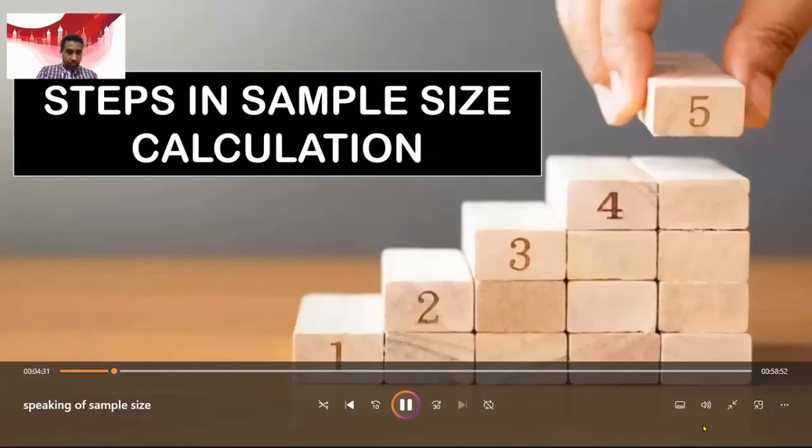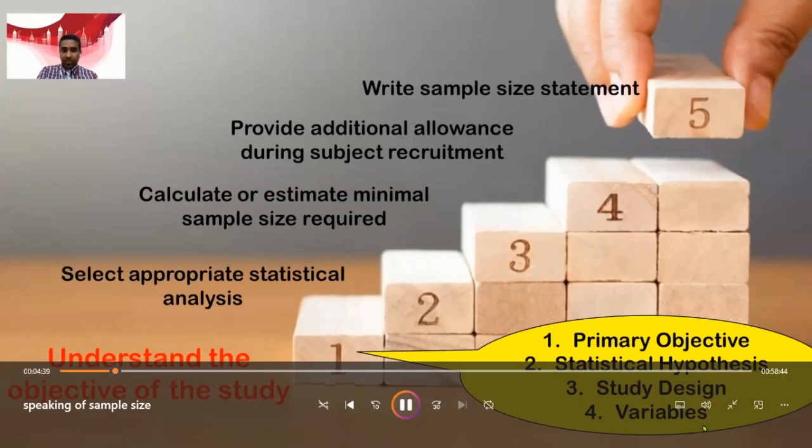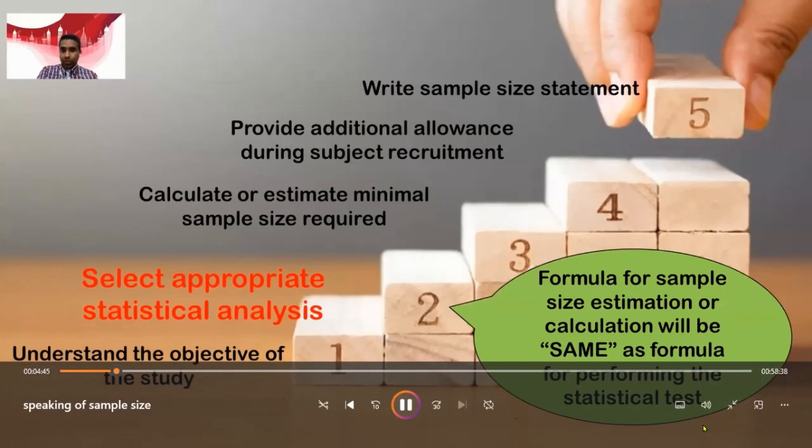There are many steps involved in sample size calculation. I am summarizing it as 5 steps. First is to understand your objective properly. The second step is to choose your statistical analysis. This is a very important step. Why? Because